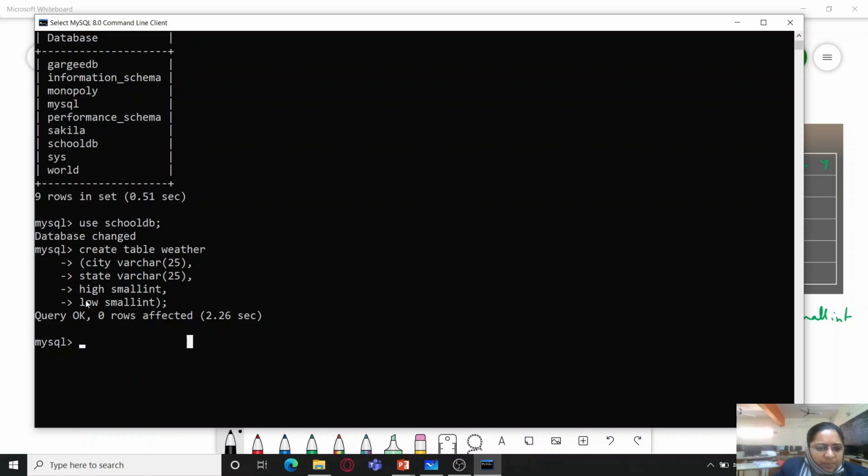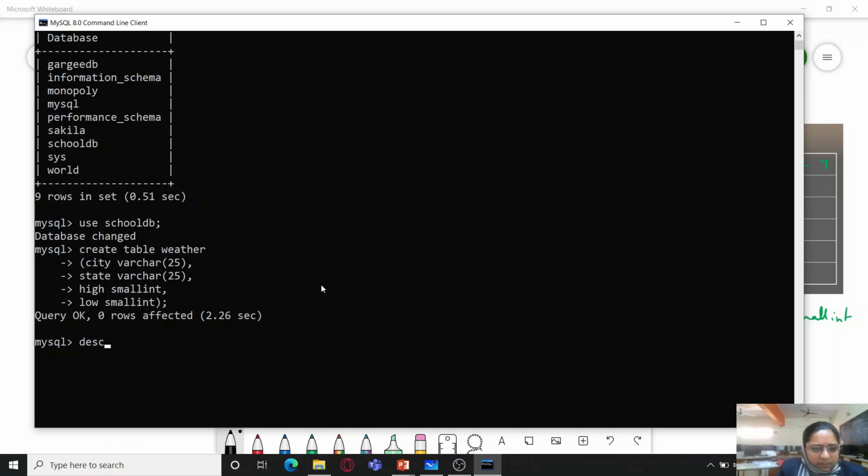Now instead of typing everything here, because you can see that when you are typing the commands or the query on separate lines, once you press enter and move on to the next line, you can't go back to the previous line. So it doesn't allow us to make changes or edit the previous line. So the best thing which we can do is to keep notepad open or any editor open, type the entire query there and then paste it over here, which we will be doing from the next query onwards.